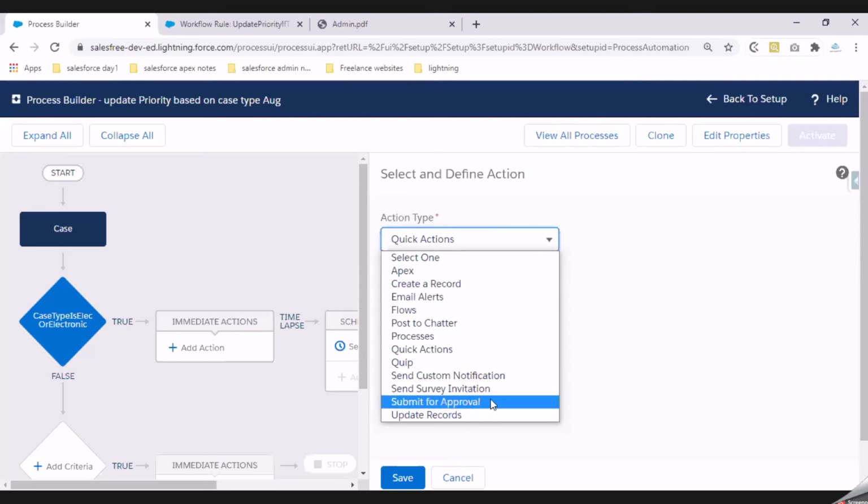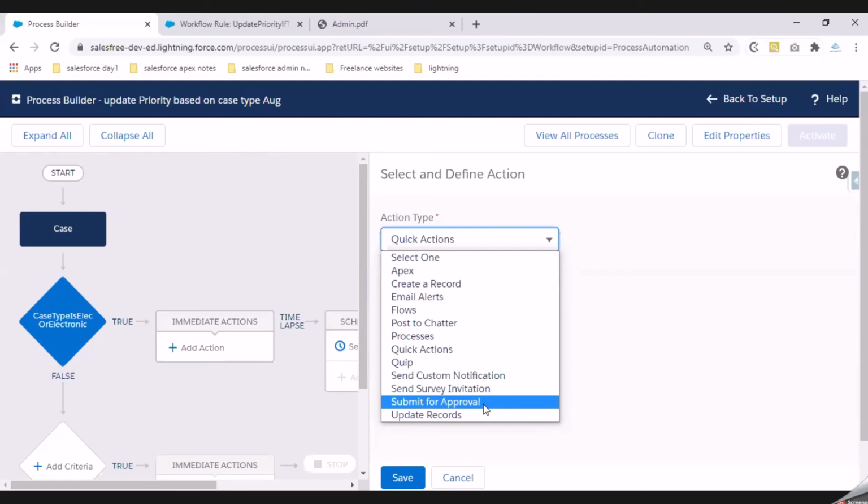Alright, and there is this submit for approval process, which we are going to see in our Monday's class, which is nothing but a kind of process where, let's say you have created a record and you want your manager to review it. That is where you will create this approval process where the employee would submit that record to the manager, and the manager would get a request and look at that record that you have created. Depending on his inputs, he'll either approve or reject it. Alright, we'll focus more on this approval process in our Monday's class.